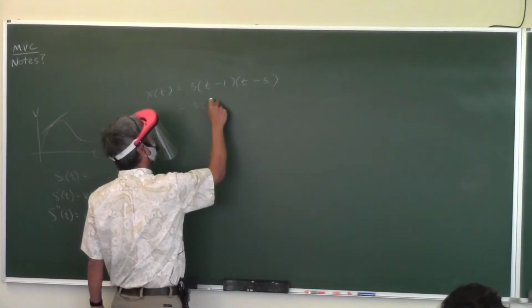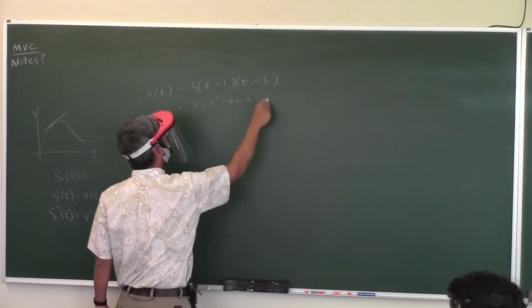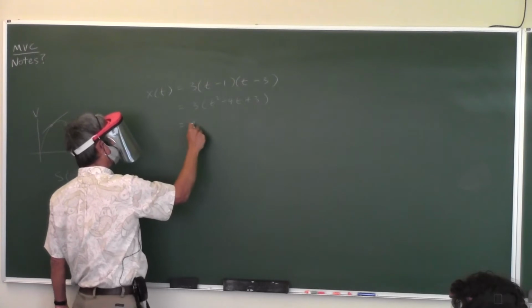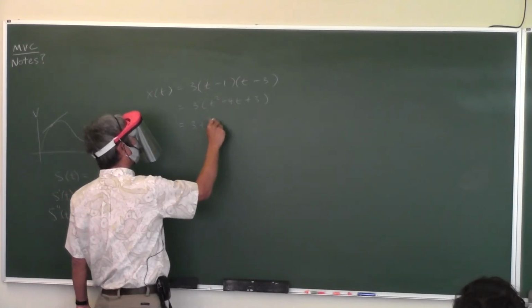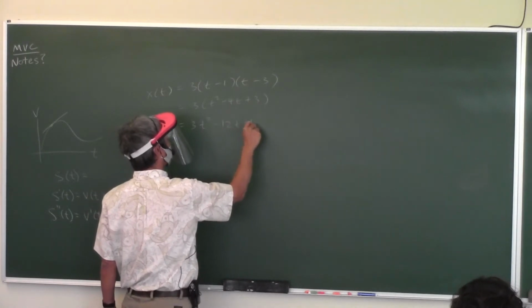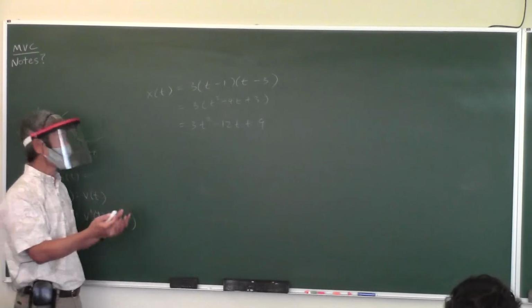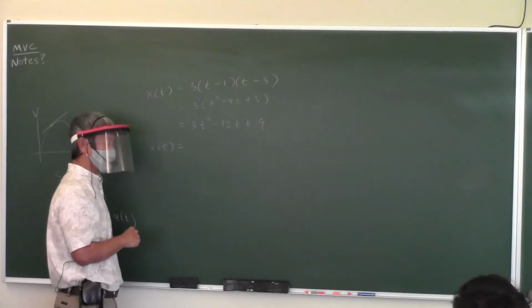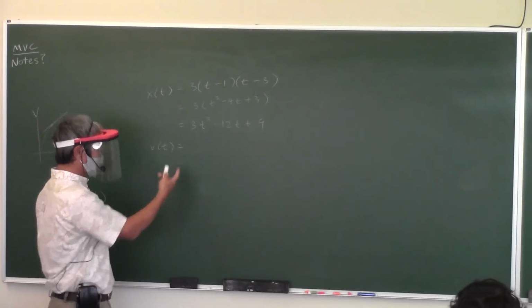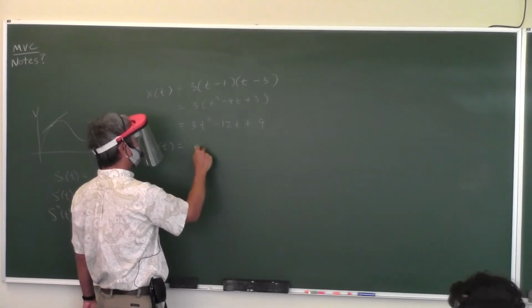So this is 3 times t squared minus 4t plus 3. Distribute the 3, and you get 3t squared minus 12t plus 9. Now it's easy to take the derivative, right? Because you just have 3 terms. So the instantaneous velocity, I'm just going to call it the velocity from now on, is, take the derivative, so easy, 6t